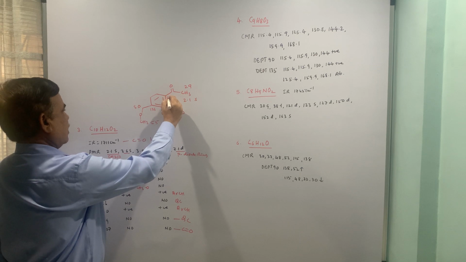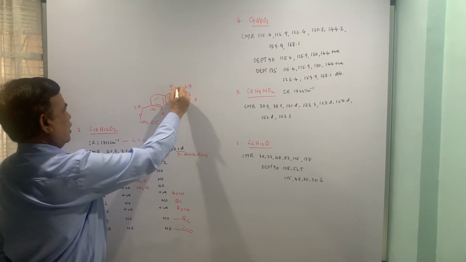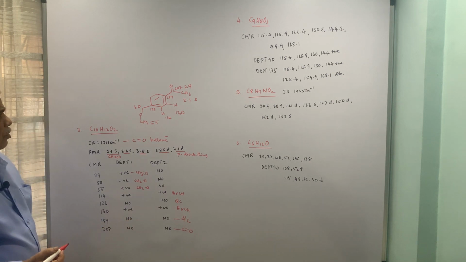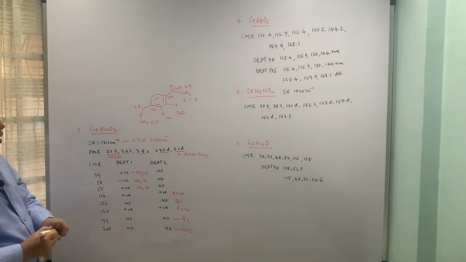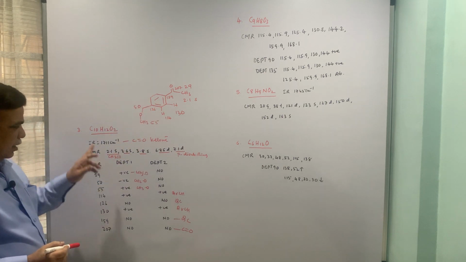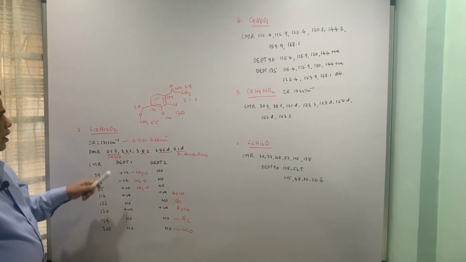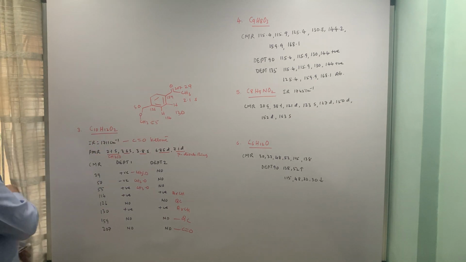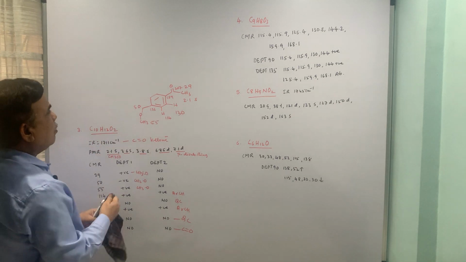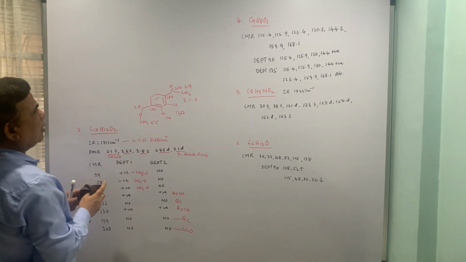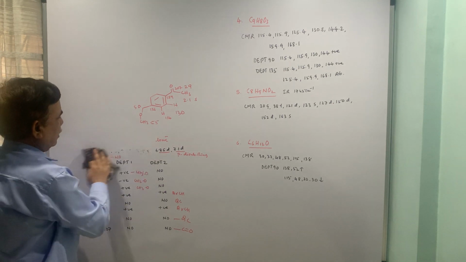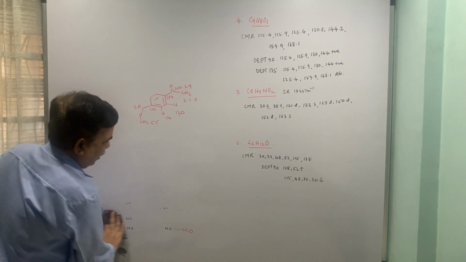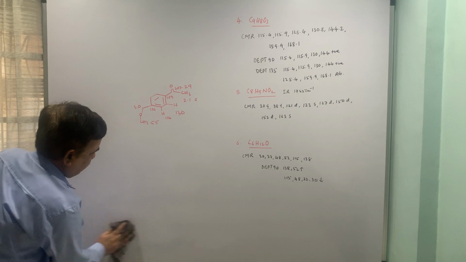159 is this carbon, 207 is this one. That's all. Okay. Of course, these are 2 sets, so that's why in counting it is 2 carbons less, but they are equivalent, so obviously that is taken care of. So that is the final structure. 2 oxygens are taken care of, the 12 hydrogens are also taken care of.